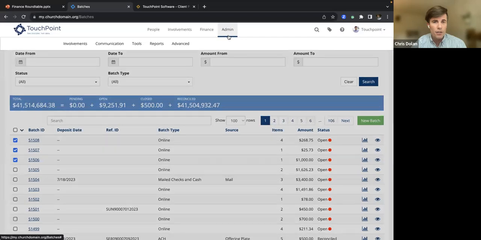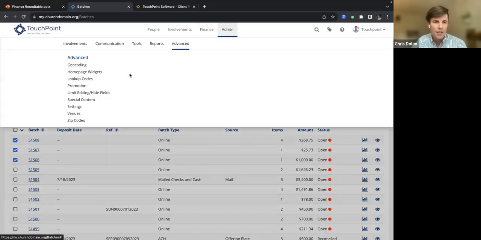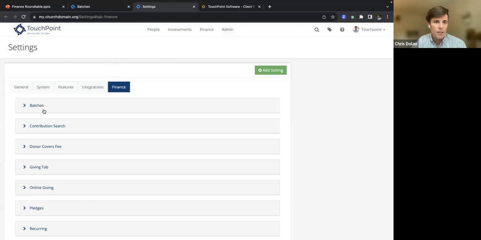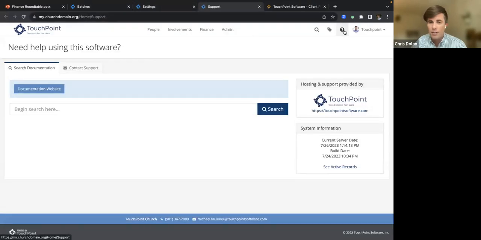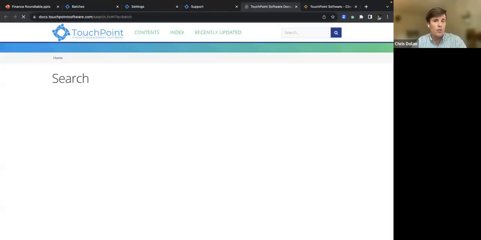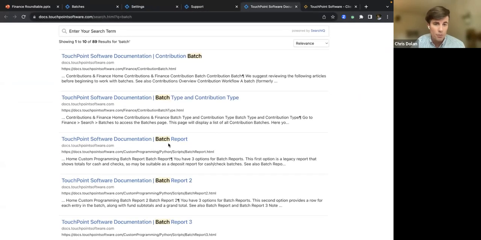Those are configured in your settings. Under batches, you have the ability to customize the batch report or the multi-batch report. We have several different examples of those. So if you don't like the way the standard default one is, we have several different versions of it, and we've created more as we've gone.